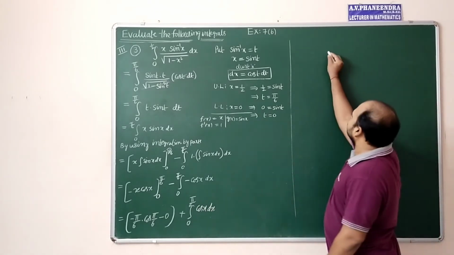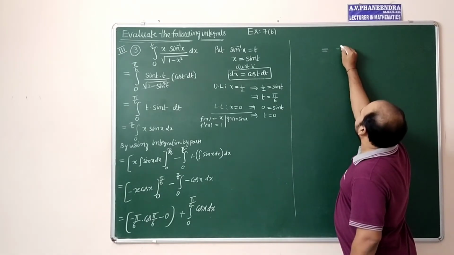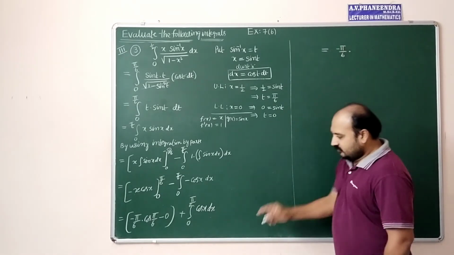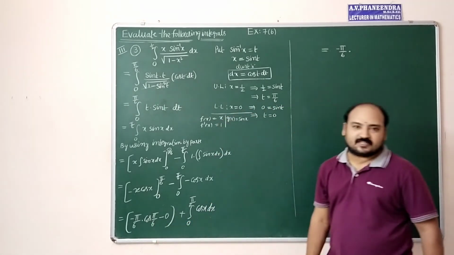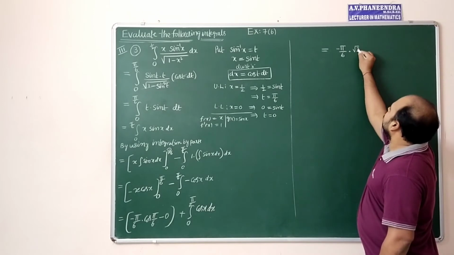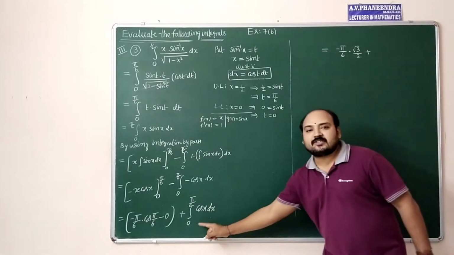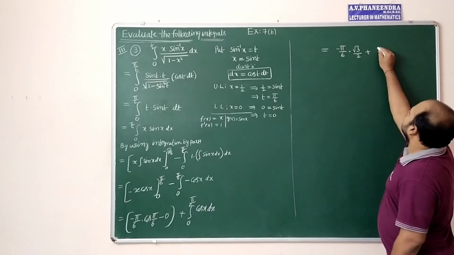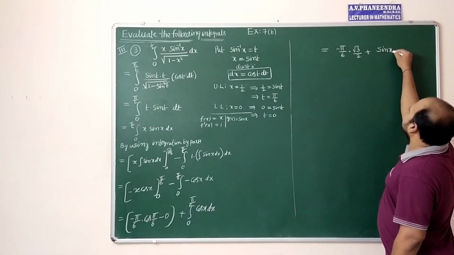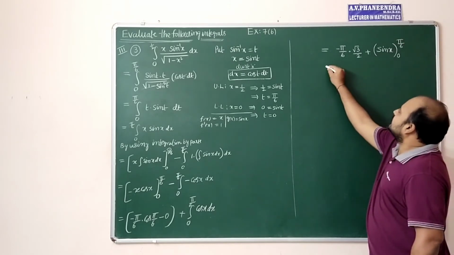So which is equal to minus pi by 6 into cos pi by 6, cos 30. Cos 30 is root 3 by 2. Plus integral cos x sin x, applying the limits 0 to pi by 6, which is equal to